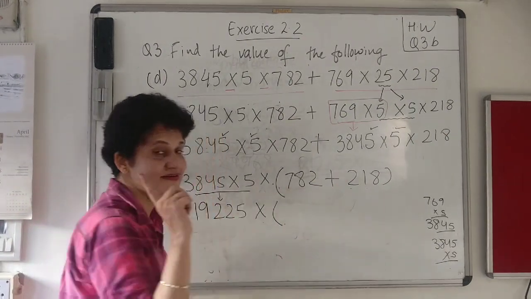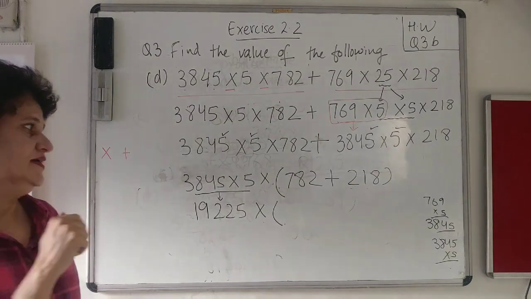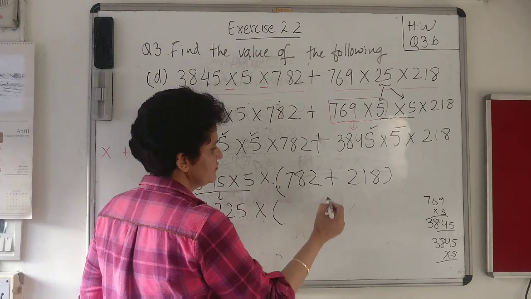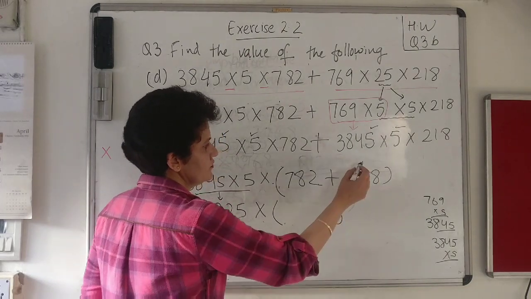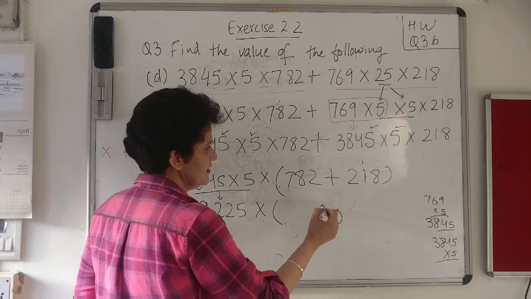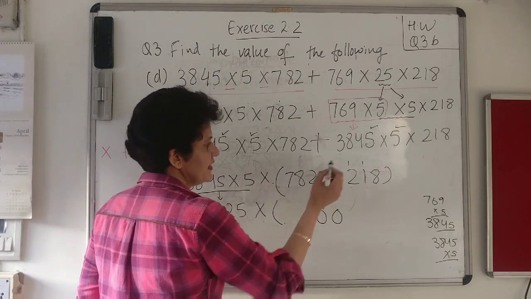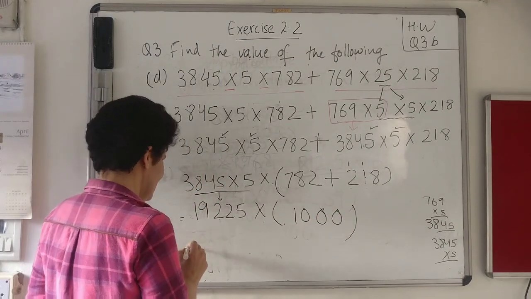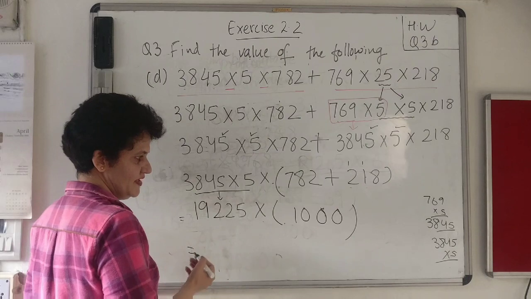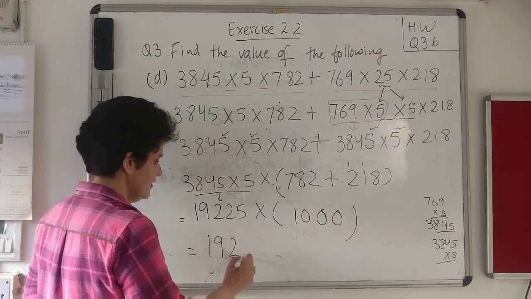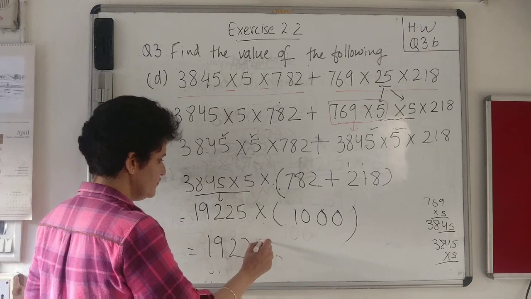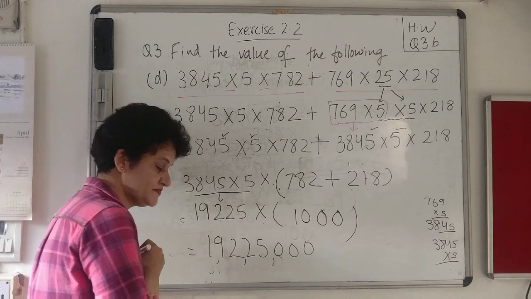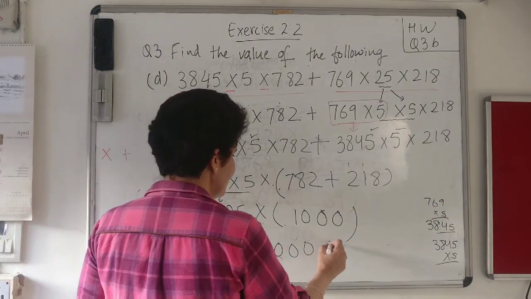Can you see 2 plus 8? That is a regrouping question. So when I added, this becomes 10 and so on. Let's start adding. See, it's going to be very interesting. 8 plus 2 is 10. 1 goes forward. So 1 plus 1 is 2, plus 8 is 10 again. 1 carry forward. So 2 plus 1 is 3, plus 7 is 10. I'm getting 1000 over here. And then, can you multiply this? This is very simple. I'll write 19,225. And how many zeros? 3 zeros after that. Let's mark the periods. So that's your answer here.